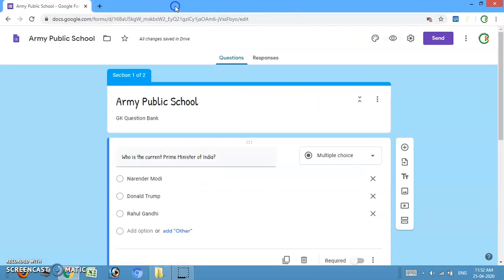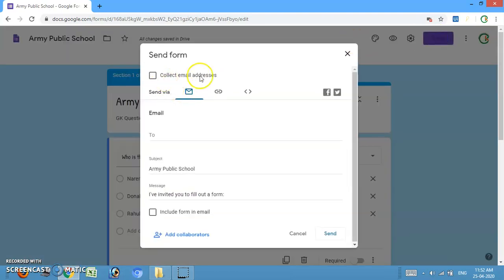Okay, getting it? Now I want to send this question paper to my recipients. So click on send here. Here you can send by email address. Let's say for example I am sending to Sandeep Kankal. Type the email address here. You can add n number of email addresses from here. Subject is APSC Army Public School GK question paper.